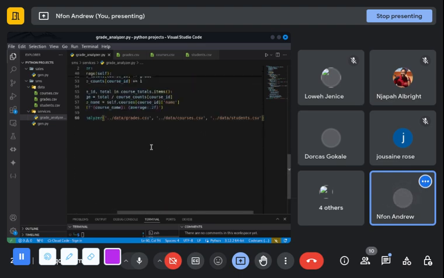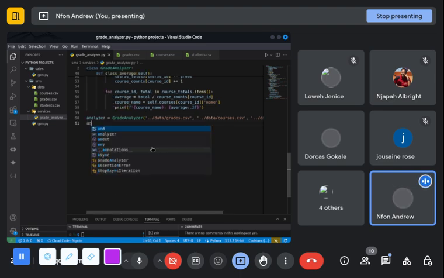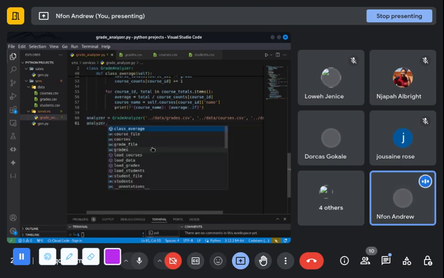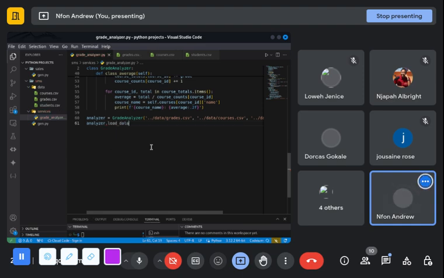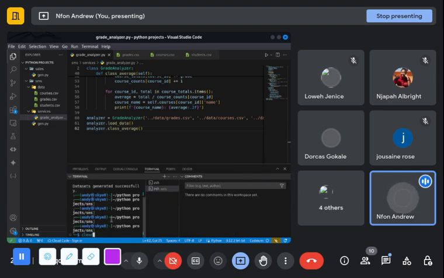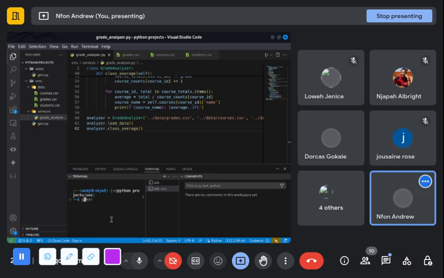Now I'm going to say analyzer dot load data because I want it to load the data, and I'm going to say analyzer dot class average like that. So I just want to test it. We have not even gone anywhere though, but let me make sure that I'm on track. Python, let me go inside services. Python grade analyzer dot py,